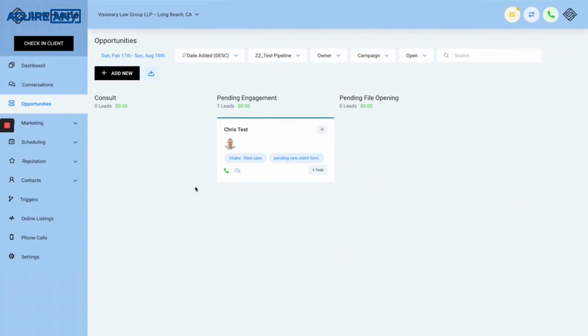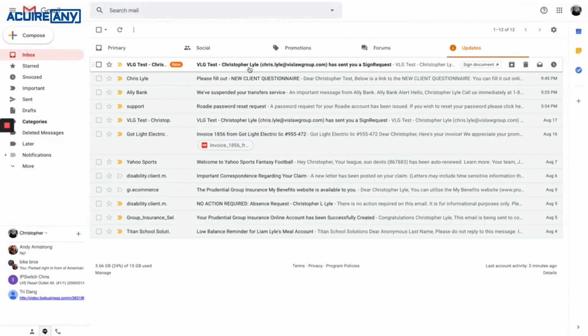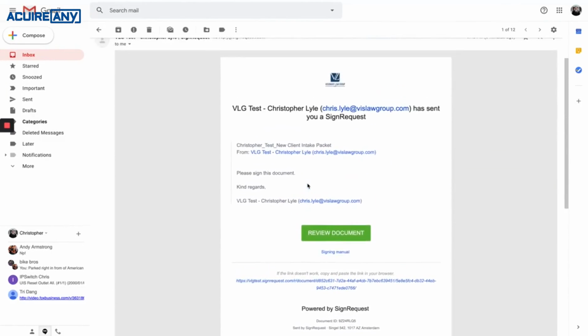Give it a second to catch. Let's see if I can force the change here. Okay, so now you see that it says pending signature. At this stage, Zapier sent a contract to the user with all the information from the form. If I go out to this email again, you'll see that the signature page is here now. If I went in here and reviewed the document,